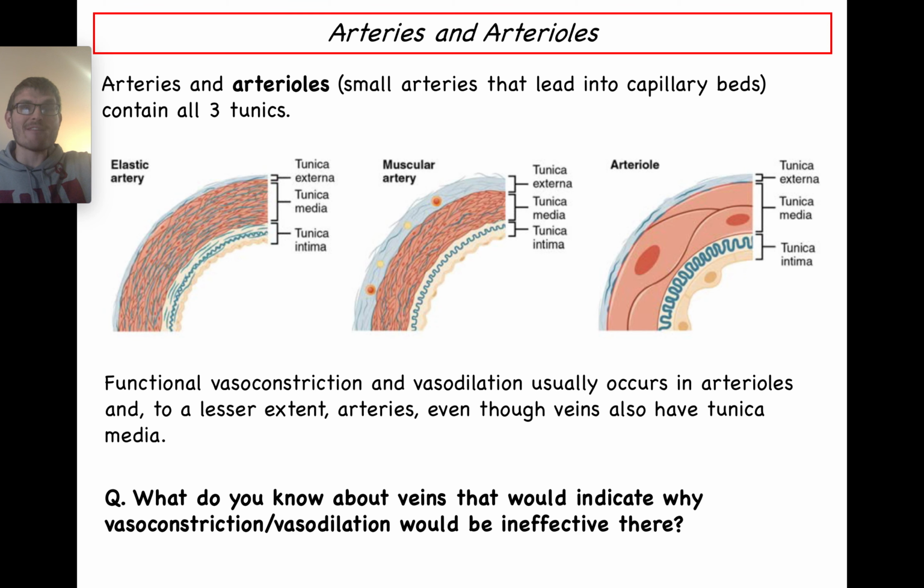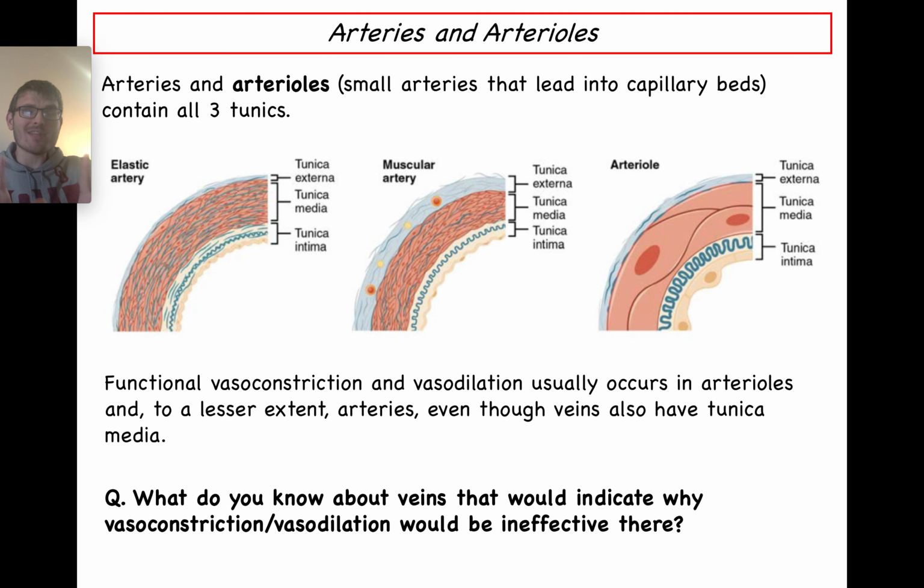So I also mentioned that veins do have a tunica media, so they do have that vascular smooth muscle. But one thing that I'd like you to think about in advance of our next meeting is what do you know about veins that would tell you why vasoconstriction and vasodilation might not be so effective there? So what you're going to want to think about for that question, and it is kind of a head scratcher,